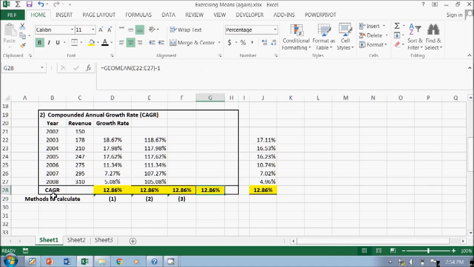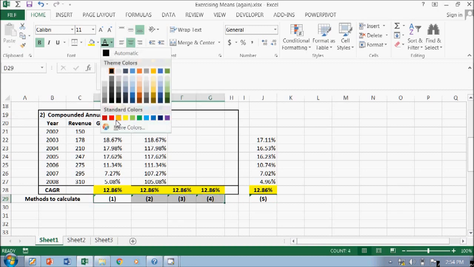Is that the fourth method? Yes, this is the fourth method. And then you have a fifth method. I'm going to put that in blue color or red.